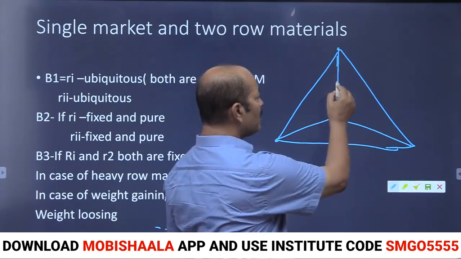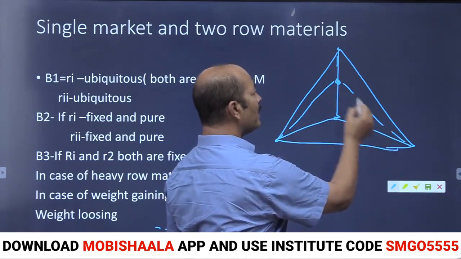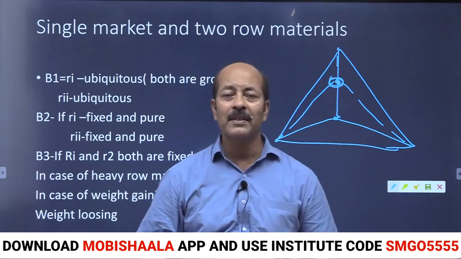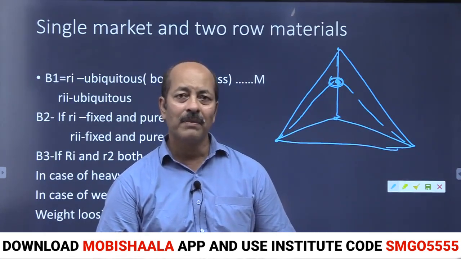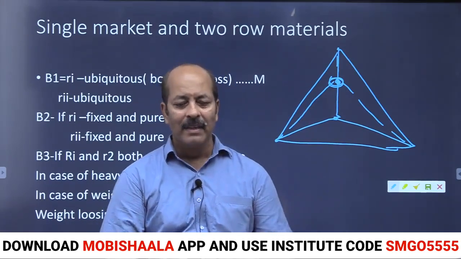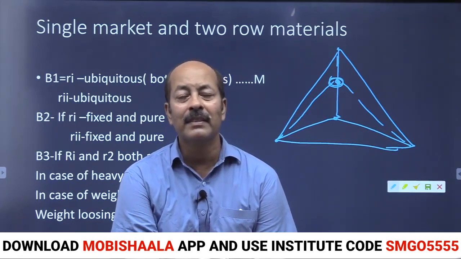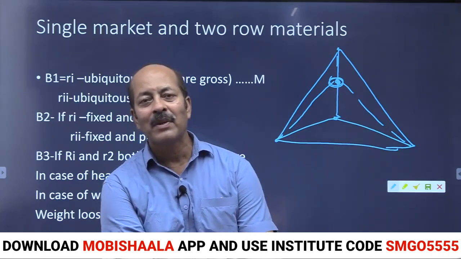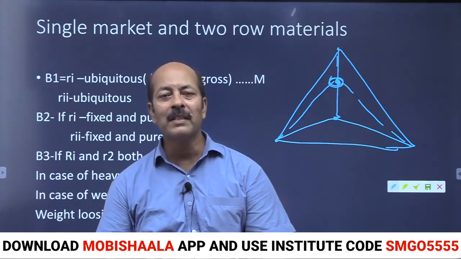Suppose you have this area in a triangle. So this will be the location of weight gaining industries or bakery industry. You can find that Western Europe has a number of bakery industries due to favorable market location. So again I am telling you, in a location triangle, we can justify three types of raw material. One is a heavy raw material, one is a weight gaining raw material, and one is a weight losing raw material.